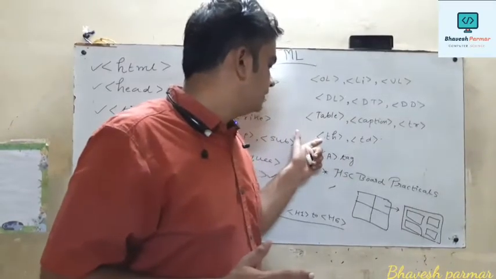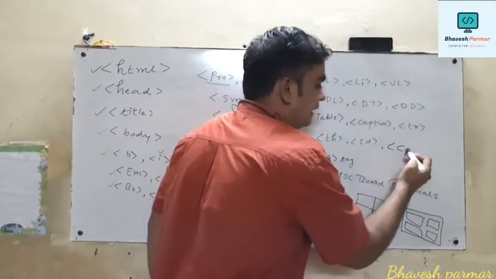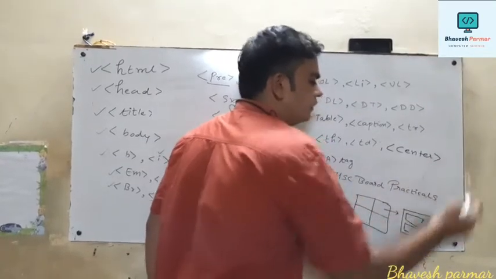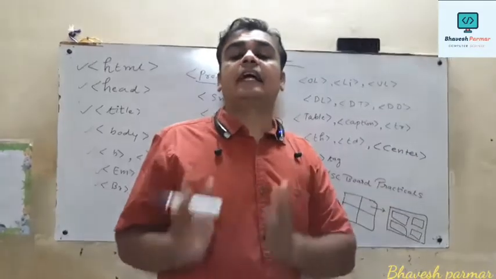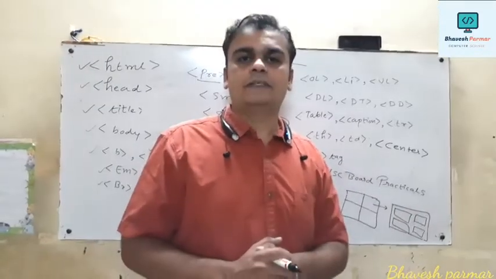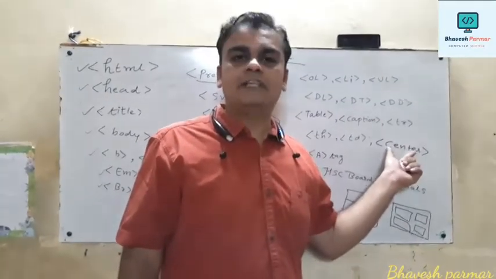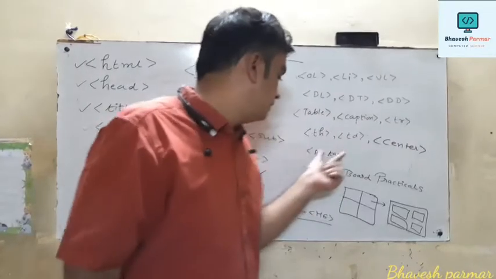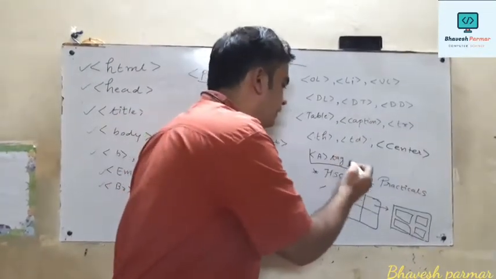So after completing this th tag, td tag, we also discussed one tag, center tag. Now what is the role of this center tag? As the name suggests, center tag tries to display the information at the center position of your screen. So again, it is a pair tag and its companion tag is /center. Thereafter, we studied hyperlink. It is very crucial and very important.